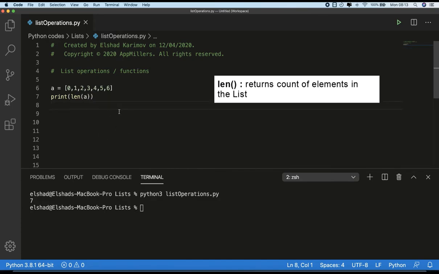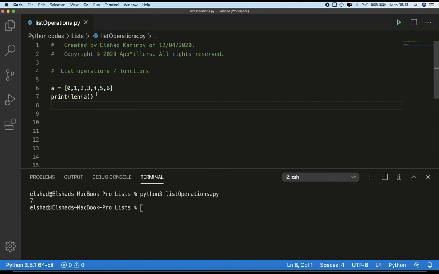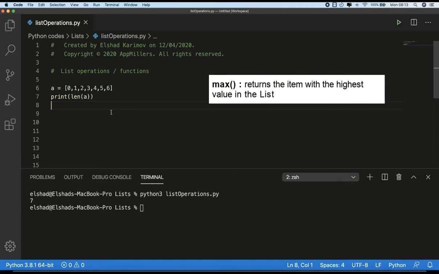This helps us to write efficient code. Because normally when we count the number of elements in a list, we have to loop through the list and count them one by one. But in this case, we don't need to use a loop. We are just using the len function, and by using it, we can get the number of elements in the list. The next function is the max function. By using the max method, we can find the maximum element in the list. Once again, this helps us eliminate loops, because instead of writing a loop to compare elements one by one, we can just use max to find the maximum element in this list.